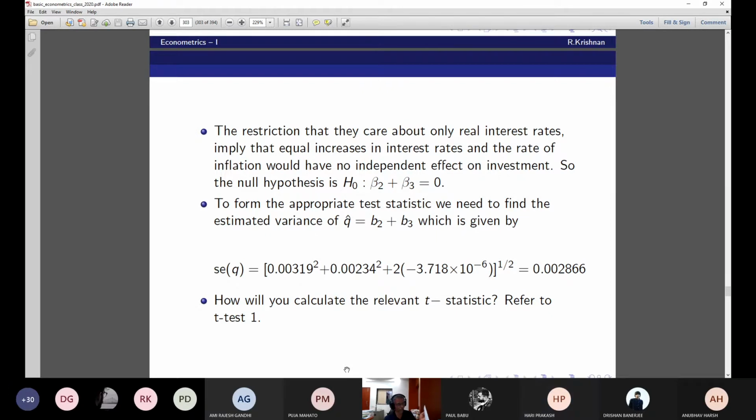What are the two coefficients that you have to take into account now from the output? Sir, second one. Tell me the coefficient name, the variable name. T-bill rate, sir. And log Y. No, sir. Okay. Beta 2 plus beta 3. Beta 3 will be inflation. So you have that. What is the hypothesized value? How do you calculate the t-stat then?